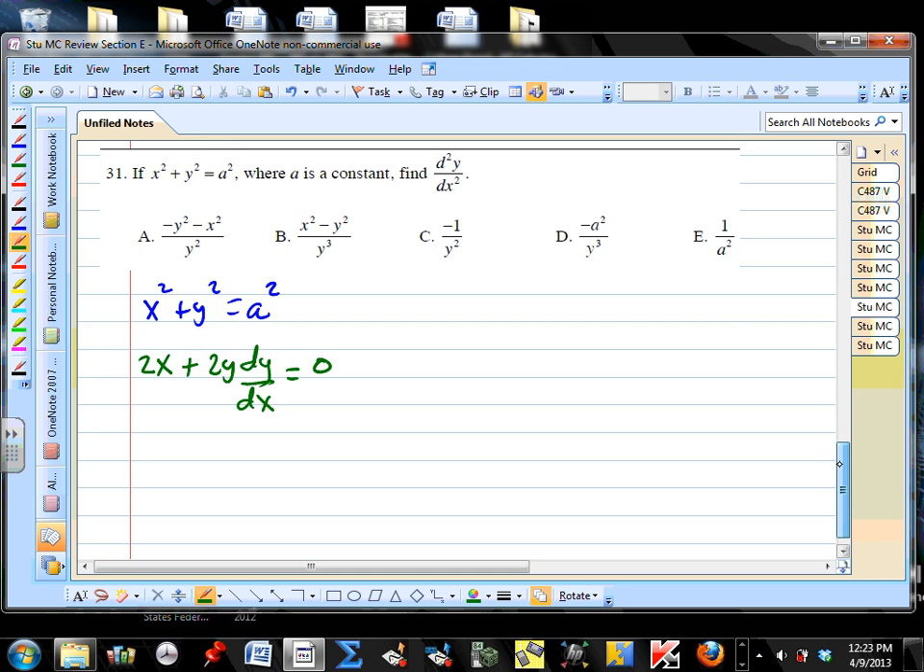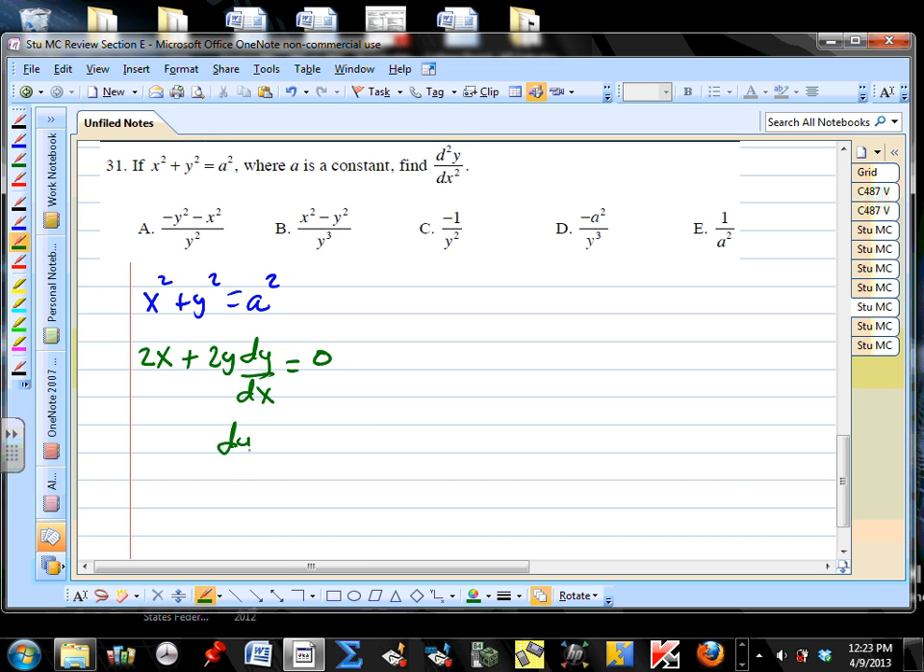So now we're going to get dy/dx by itself. So we subtract 2x, and we'll divide by 2y. You notice that the 2's eliminate each other. So we can say dy/dx equals the opposite of x over y. Okay? All right. Now,